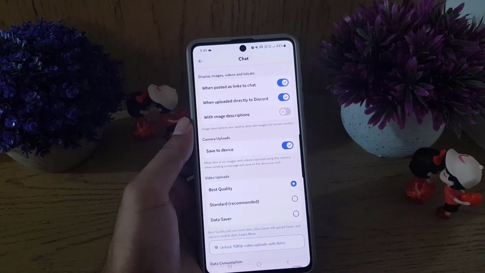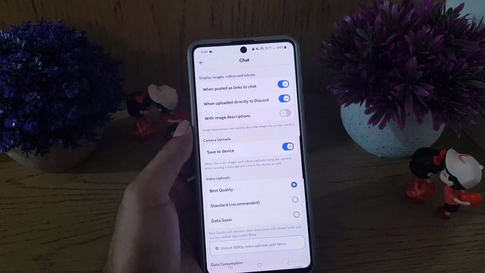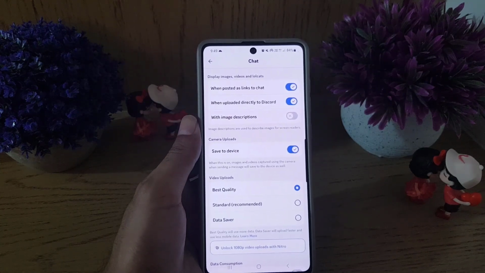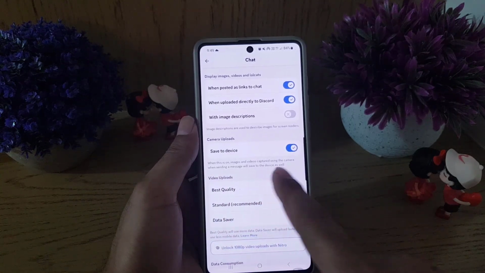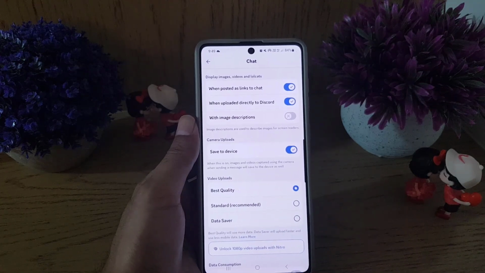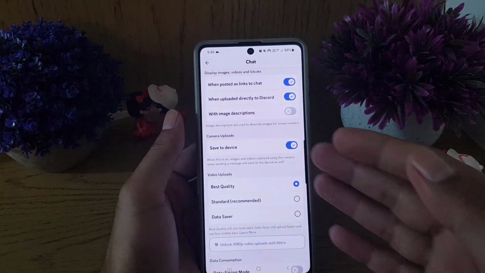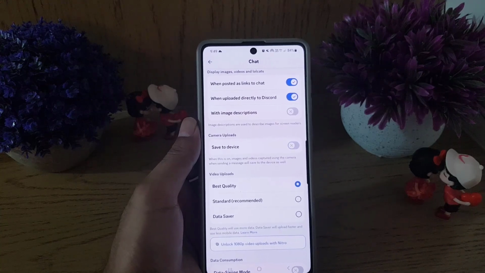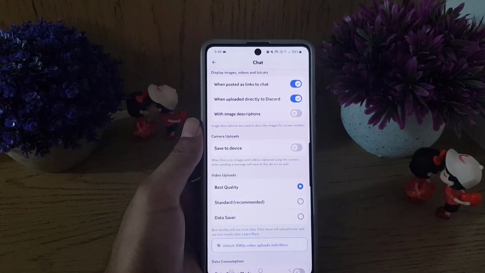Tap on chat, and here, as you can see, just under camera upload, you see the option save to device, which is enabled. All you need to do is to disable that one, but when it is on, images and videos captured using the camera when sending a message will save to the device as well. So if you want to keep a copy of those, you can just leave it enabled, but if you don't want, just tap on disable, and from now on the images or videos you capture will not be automatically saved